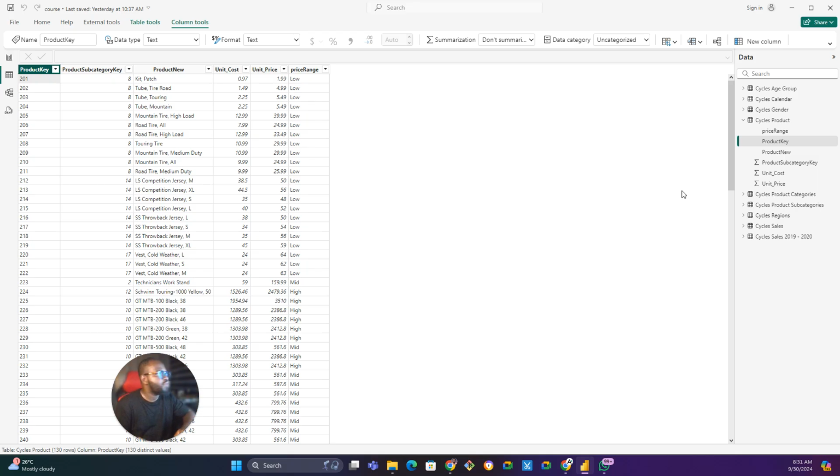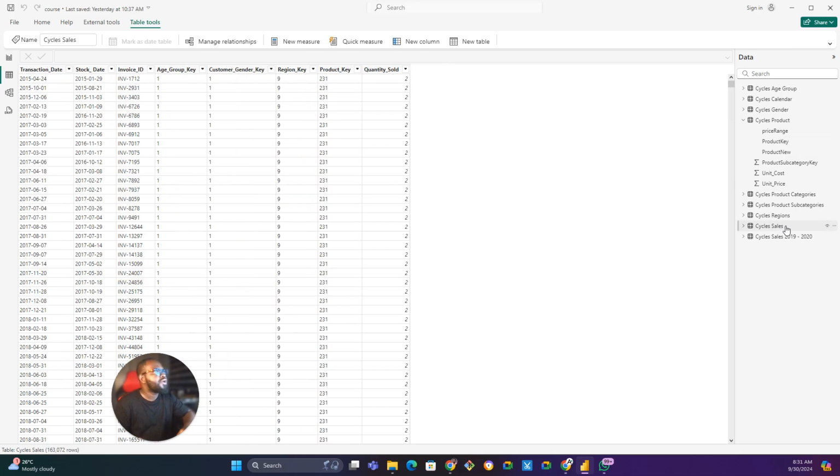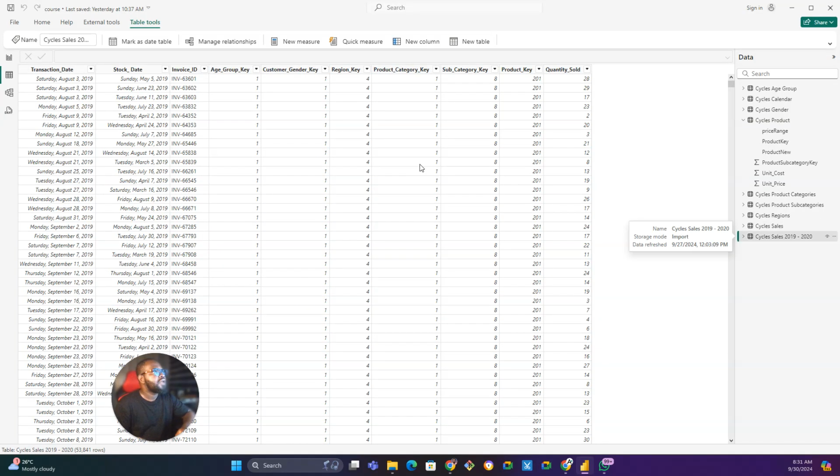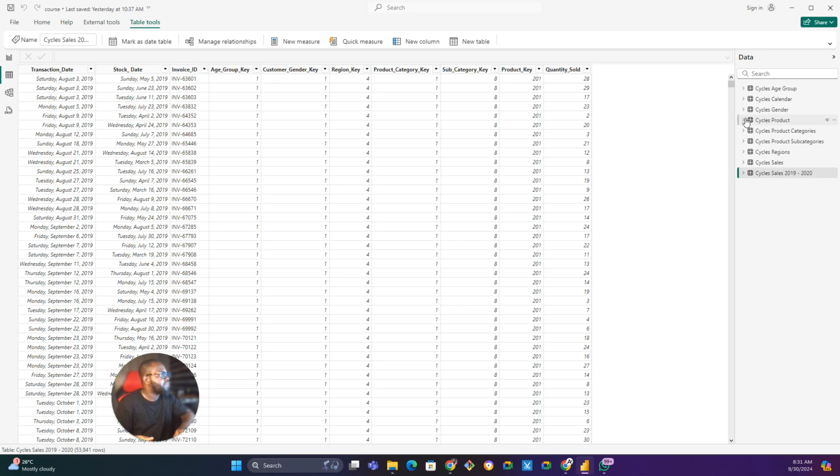Similarly, if we have a customer, if you go back to our sales table, I think we'll find that detail here. We know there should be a customer key. Okay, we do not have a customer key here, but a customer table could also give us more details about customers that purchased our products. For example, we do have a subcategory key, right? And we know our subcategory is 8, but we don't know what 8 means till we go to the subcategory table,